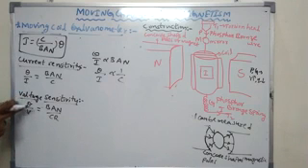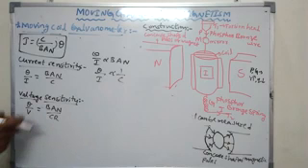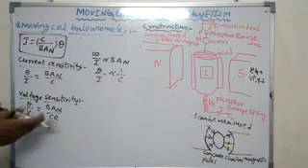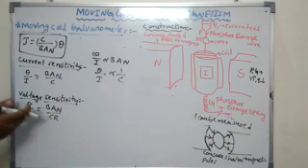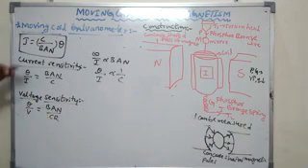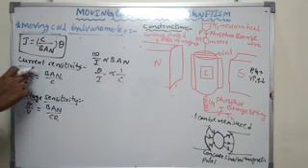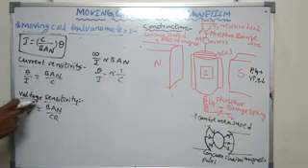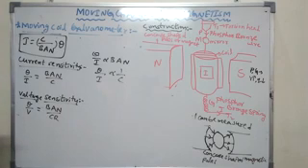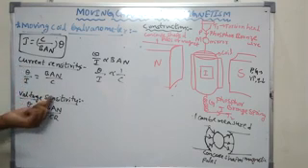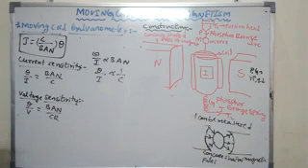In that case, voltage sensitivity depends upon which ones? Magnetic field and couple per unit twist. If the magnetic field is more, voltage sensitivity is more, and if the couple per unit twist is less, voltage sensitivity is more. So in the case of the moving coil galvanometer, current sensitivity and voltage sensitivity are very important terms. Current sensitivity is measured in what? Deflection per ampere. Voltage sensitivity is measured in what? Deflection per volt.